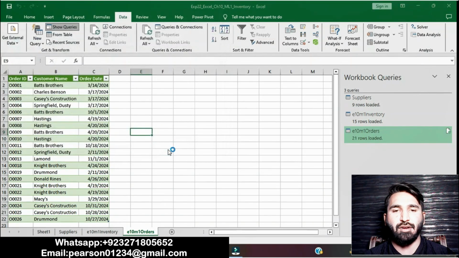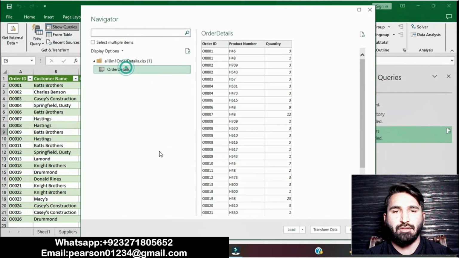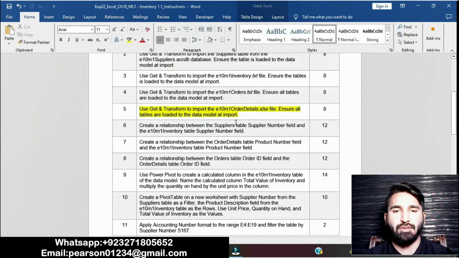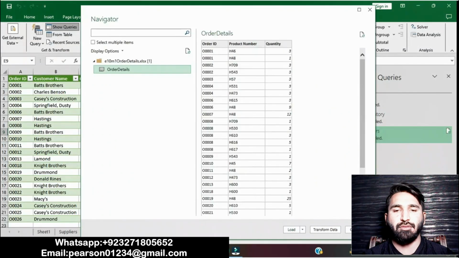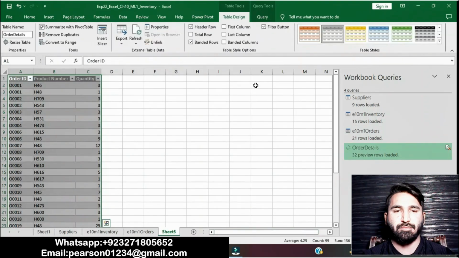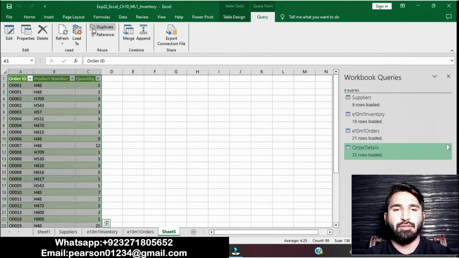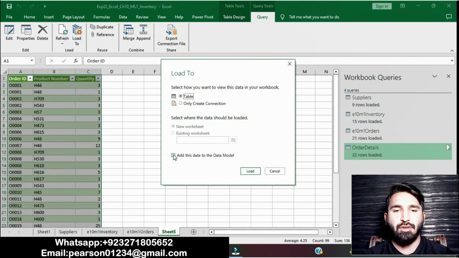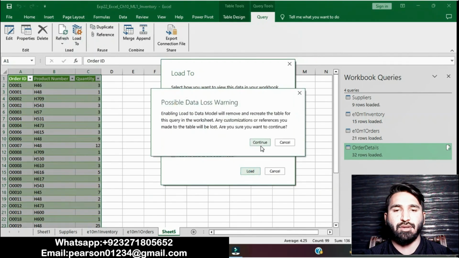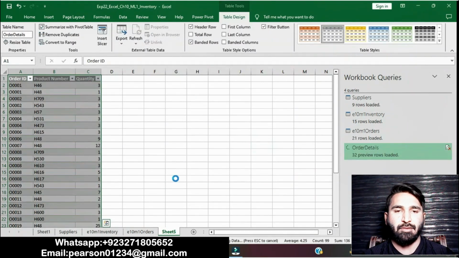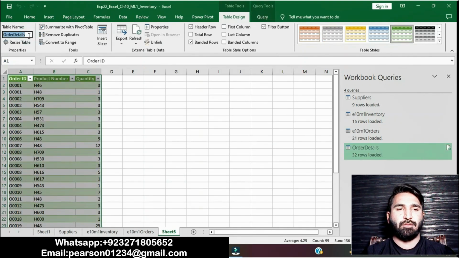Then import this file and load it. Ensure all tables are loaded to the data model at import. Then go to Query, Load To, add this data to the data model, Load, then Continue. Rename this Sheet 5 as Order Details.